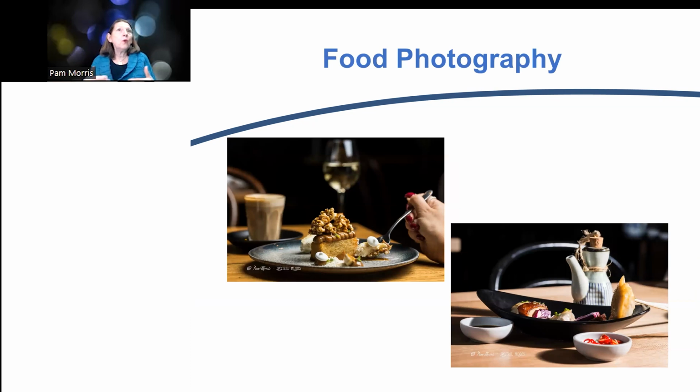Food photography is all about layering the images and working out what you want people to look at, but what else in the image is actually going to support the context, like an environmental portrait of that piece of cake. What is in the foreground that supports it and what's in the background that supports it, and where is the